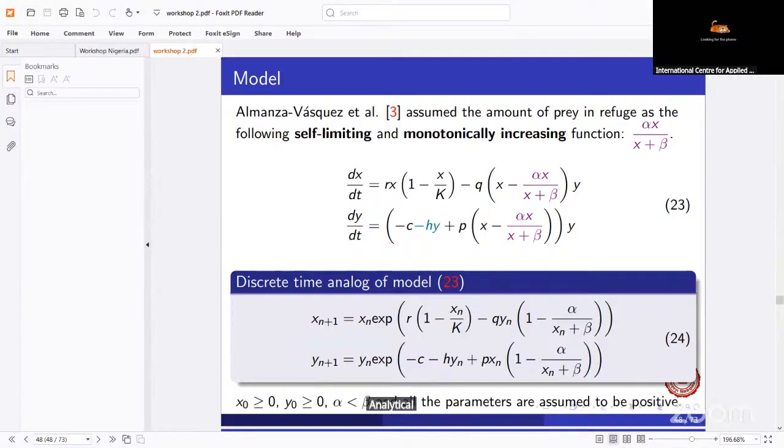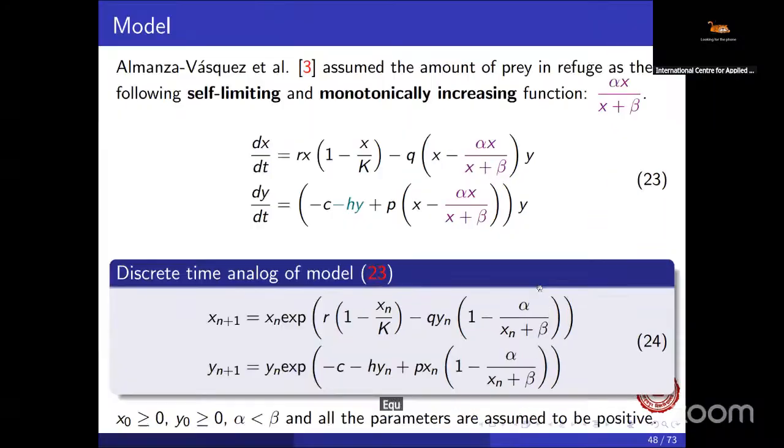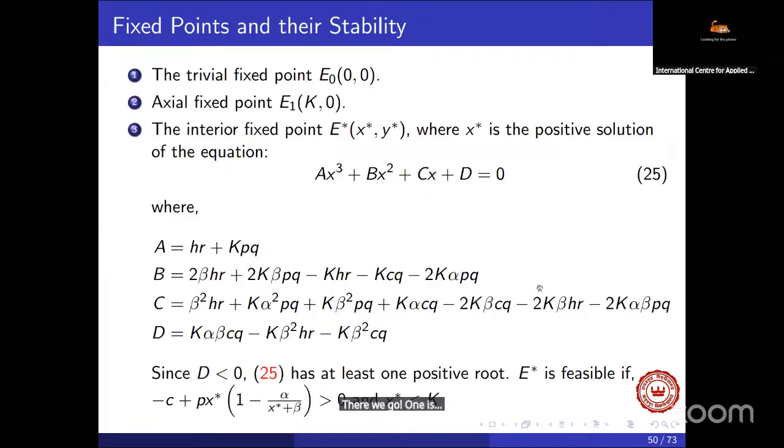analyze the model 24. We first find the boundary equilibrium points. There we get two equilibrium points. One is at the origin E0 and one is axial E1 (K, 0), and then the interior equilibrium point, where the interior equilibrium positivity is tested by minus C plus P H star into 1 minus x star plus alpha star x star plus b greater than 0,